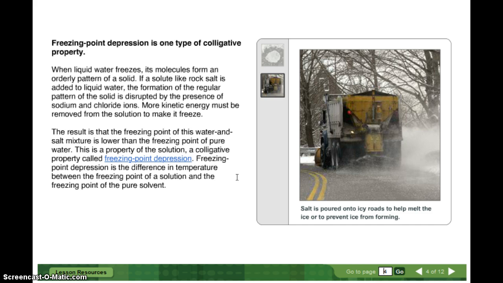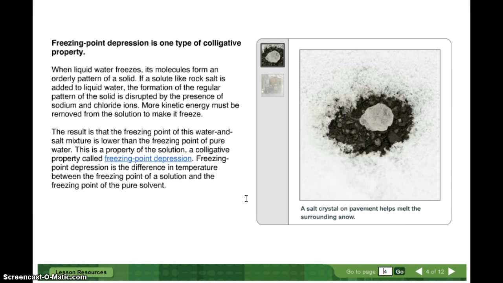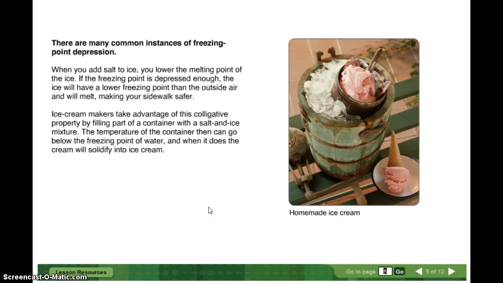Freezing point depression is the difference in temperature between the freezing point of a solution and the freezing point of a pure solvent. By the way, adding salt only lowers the freezing point a few degrees, which is why sometimes we still have icy roads even though they put salt on, because salt water will still freeze. There are many common instances of freezing point depression. When you add salt to ice, you lower the melting point of the ice. If the freezing point is depressed enough, the ice will have a lower freezing point than the outside air and will melt,